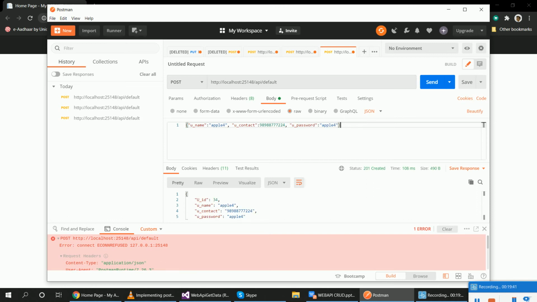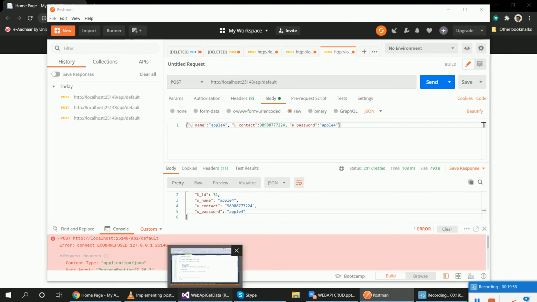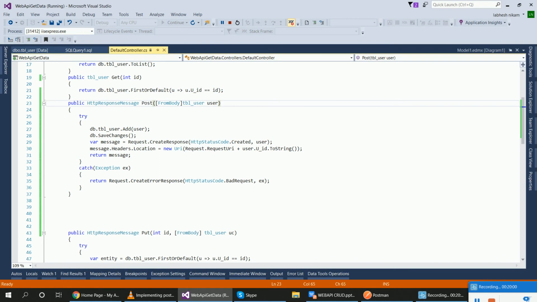Guys, that apple 3 was saved, so I changed apple 3 to apple 4 and changed the mobile number also. Then this record is saved, and the response status code is 201 Created because of this HttpResponseMessage in place of void.